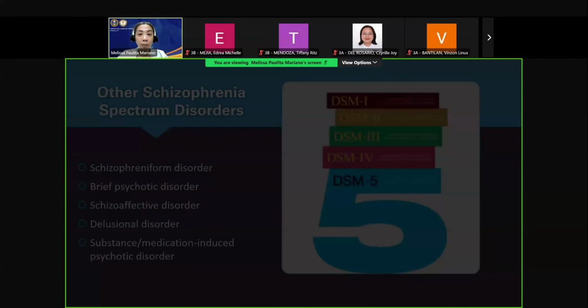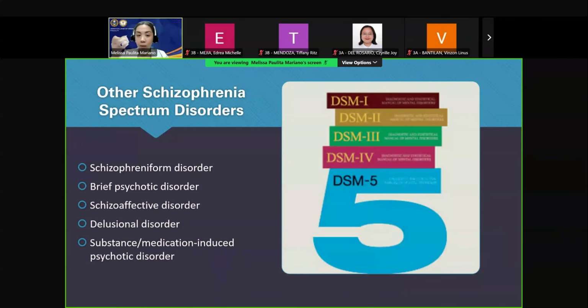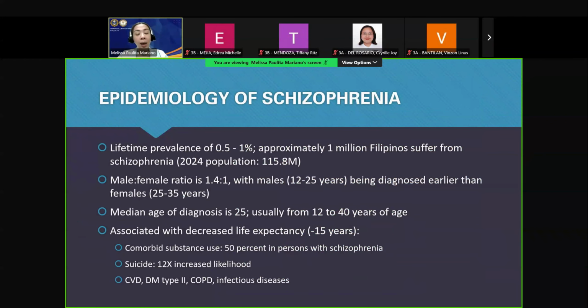of emotional expression. When we say schizophrenia spectrum disorders, the flagship disorder is going to be schizophrenia, but we also have the following in the spectrum, and this includes schizophreniform disorder, brief psychotic disorder, schizoaffective disorder, delusional disorder, and substance or medication-induced psychotic disorder. This is something that is later on we'll see is easier to remember if we contrast it to the flagship disorder of schizophrenia. And we'll start by talking about schizophrenia.